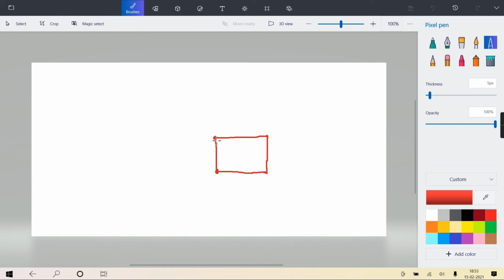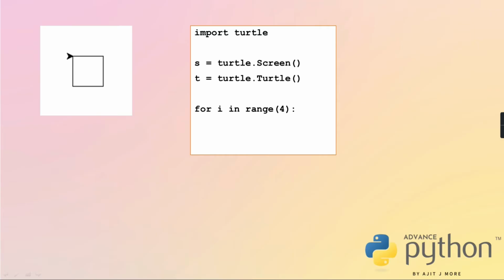So forward 100 means it will come here and change the face 90 degree right. So face is this side. So which is the right direction? This is the right direction. This is the left direction. Is it? So 90 degree right when I am telling, will it make its face again this direction? That is 0 degree to east. And this way that is completed.